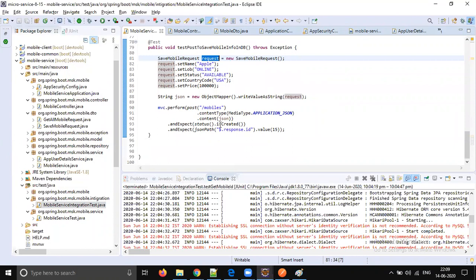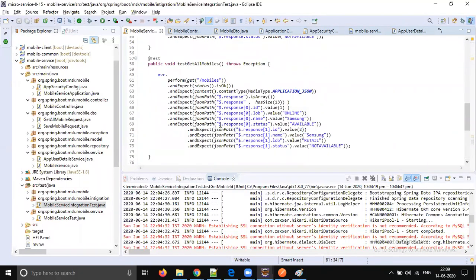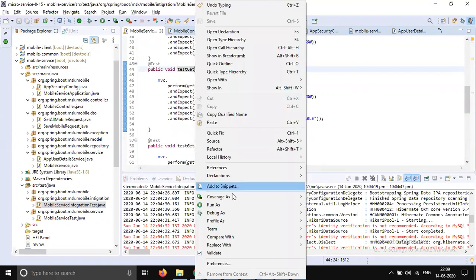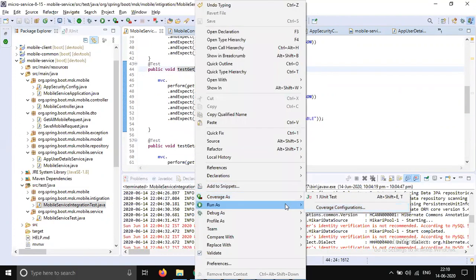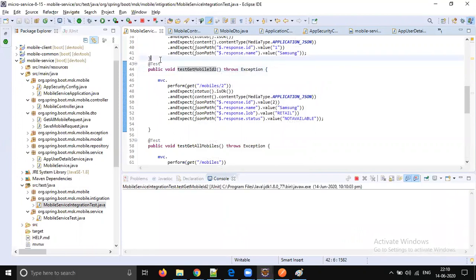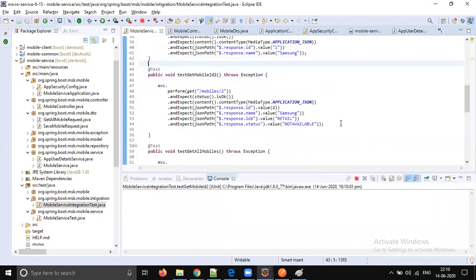So it will automatically run these integration test cases as part of your Jenkins server itself, right? I'm just doubting whether this data is going to be matching or not. I think it's the same database, right? Mostly it will be matching. So let's run the test cases one by one, right? When you pass mobile ID 2, we are expecting this data.